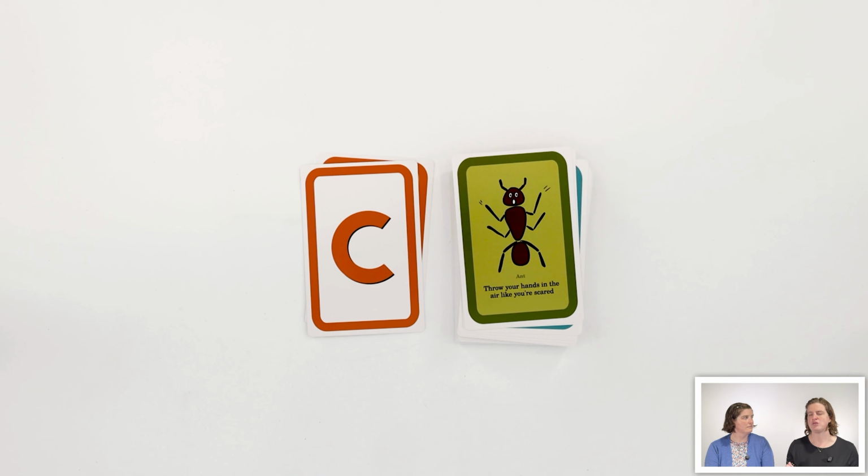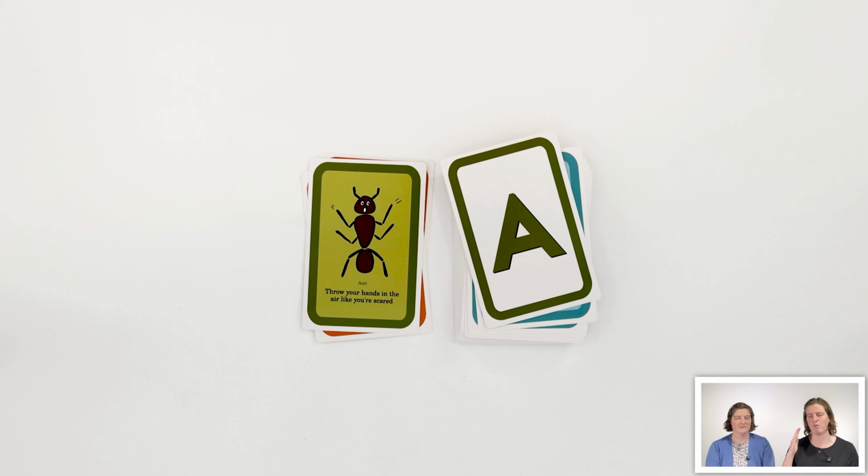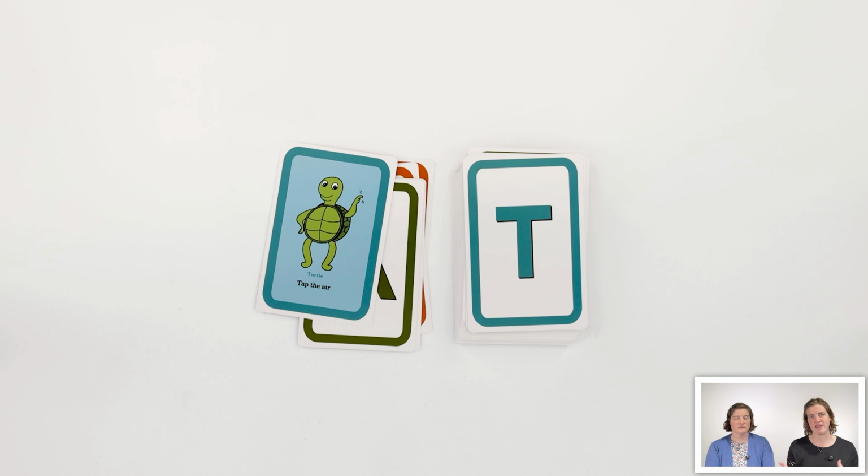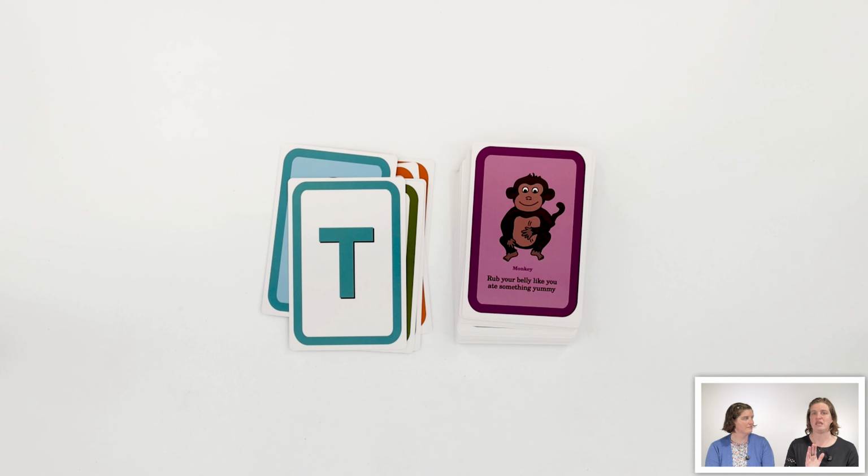But for some learners, that memory recall is just difficult. It's hard for them to remember what letter that is and what sound it makes, especially for kids that are struggling with dyslexia. This is a card set that I believe will really help cement that information in their head. So they are going to look at the card, they're going to see it, they're going to hear the sound,